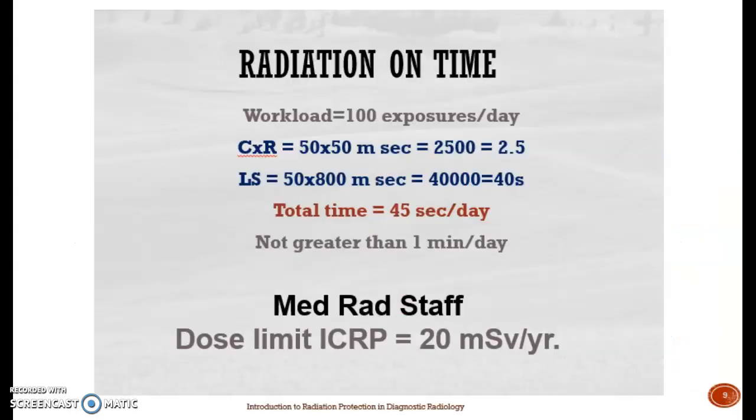So what do I mean by radiation on time? Well, occupational radiation exposures of imaging personnel can be minimized by the use of these cardinal principles I mentioned before, by shortening the length of time spent in the room when the X-ray is being produced, by standing at the greatest distance possible from the energized beam, and by interposing a radiation shielding material between the radiographer and the source of the radiation. So in reality, X-ray techs are only exposed to a small fraction of the dose limit for workers, which is 20 millisievert.